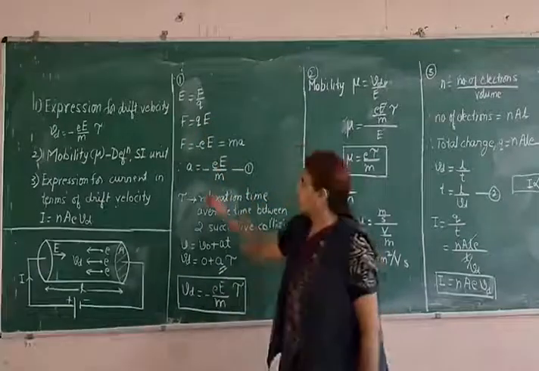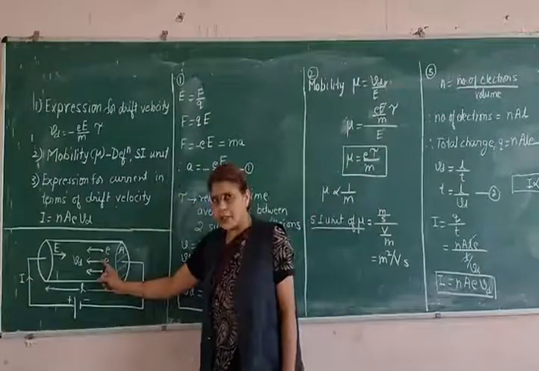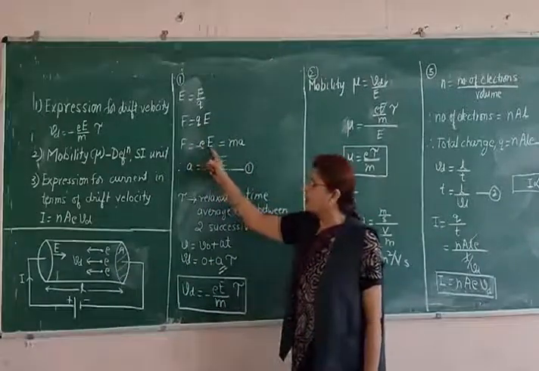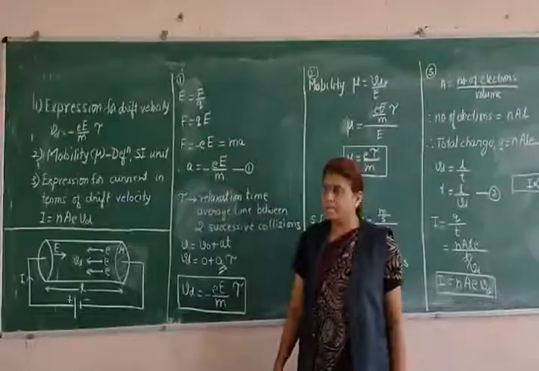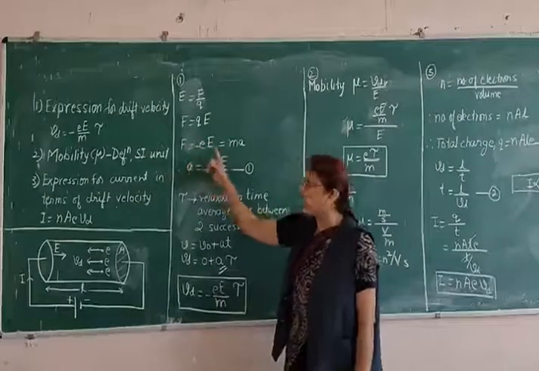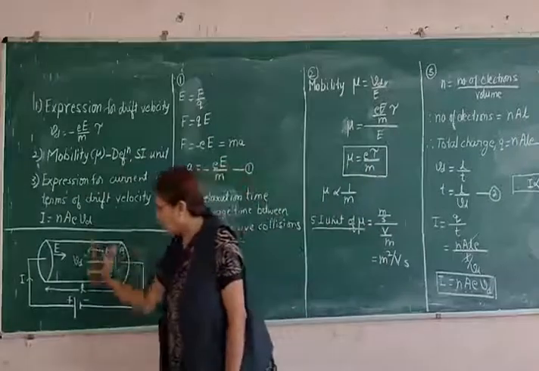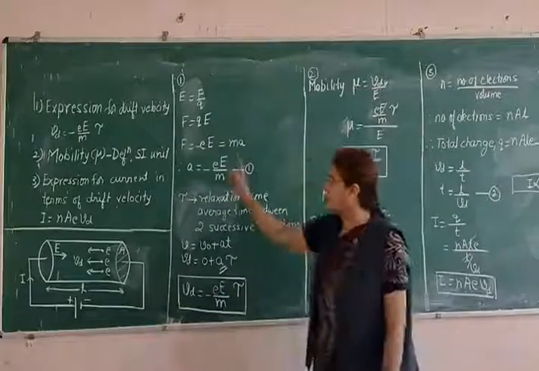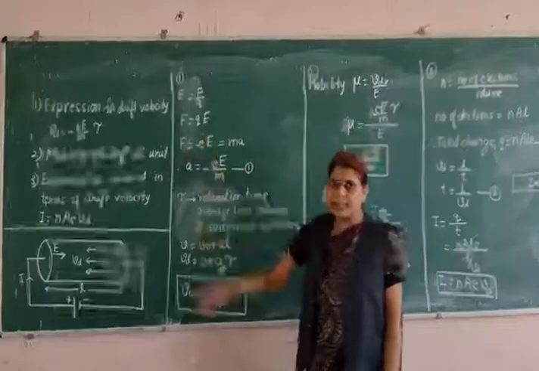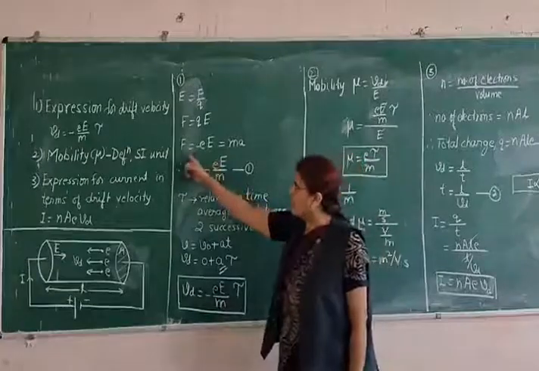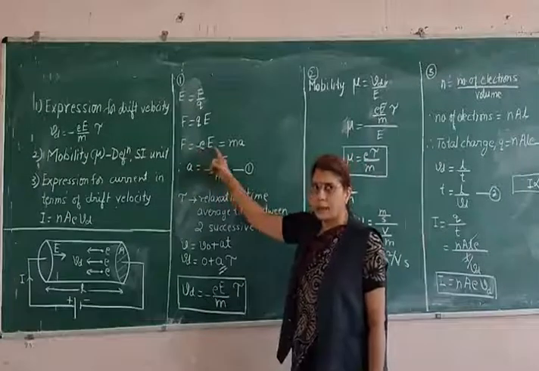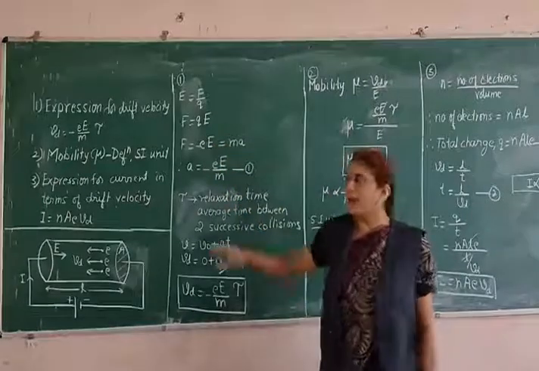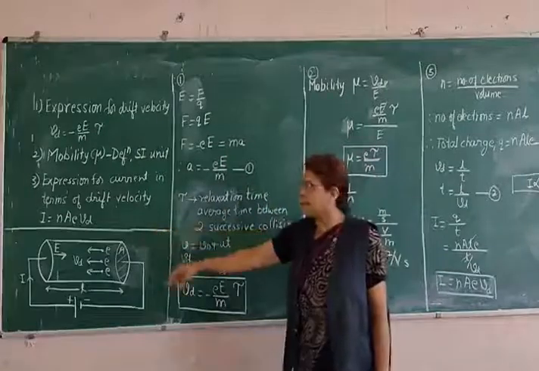Now here, the charge Q is nothing but your electronic charge e. So I have written charge Q as e here. So F equals minus eE. Why have I put a negative sign? Because of the direction of the force and the direction of the electric field. Force and velocity are in this direction, and the electric field is in this direction. So the force and the electric field are oppositely directed, so I have written a negative sign. So I got the equation F equals minus e into E. Don't get confused between small e and capital E. Small e is the electronic charge and capital E is the applied electric field.